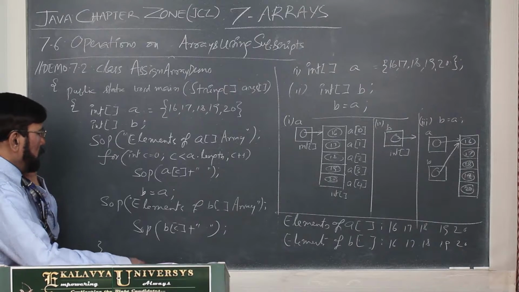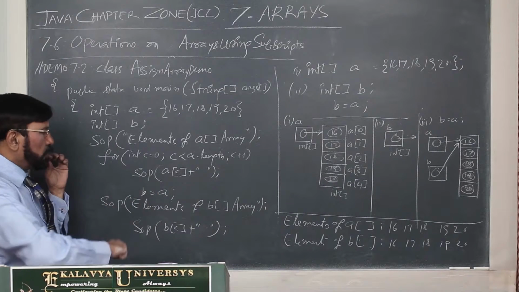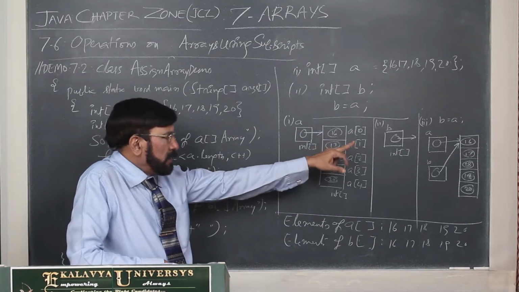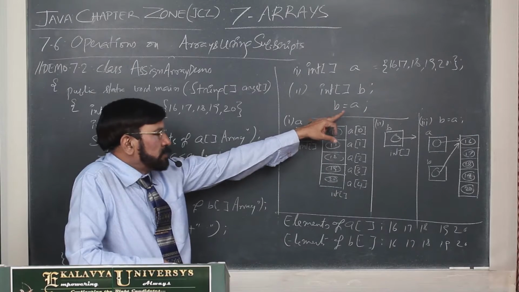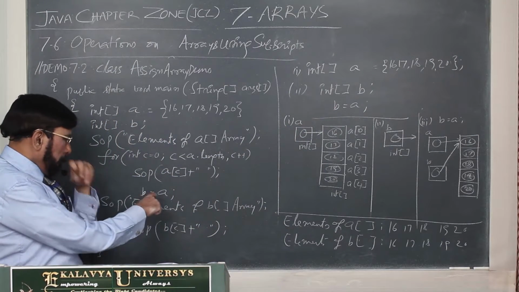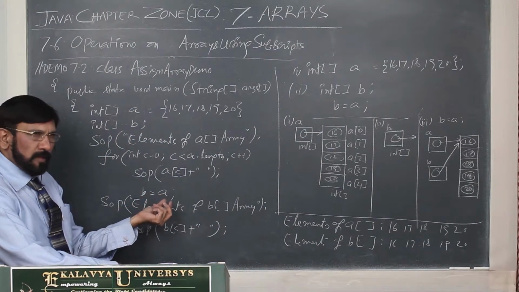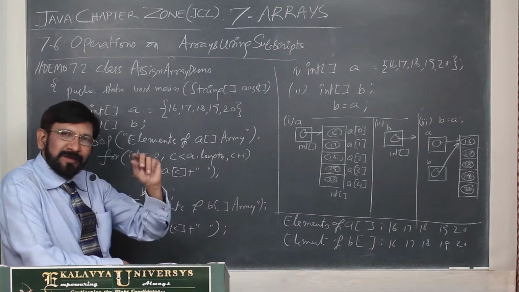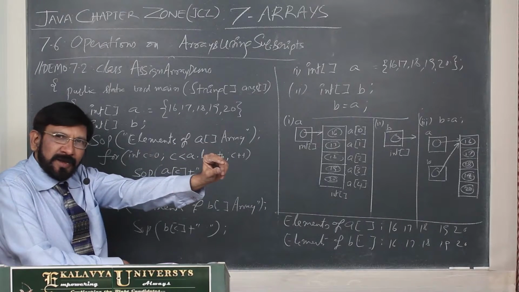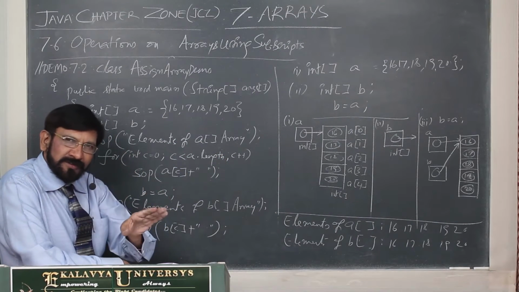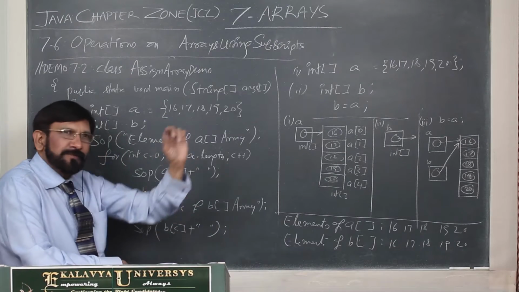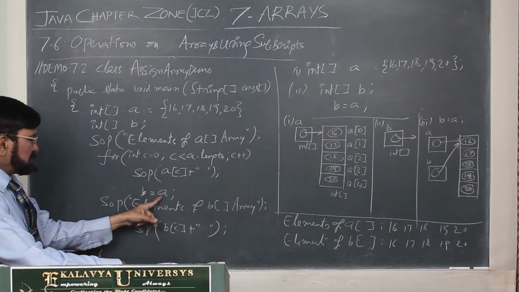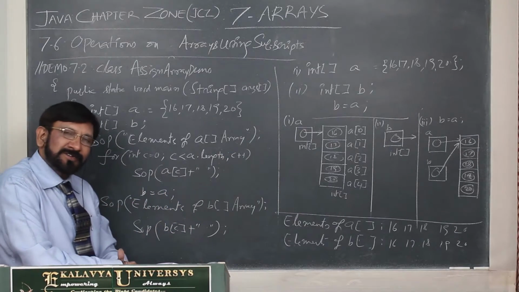Now after that what I am doing, B is equal to A. Actually here B is equal to A. That means whatever value is there in A is assigned to B. Actually A is referring to certain array. You understand that, don't pronounce it. A is referring to one array. That means it is having an address. That address is being assigned to B. That you have to understand.